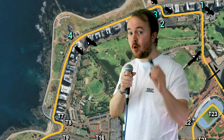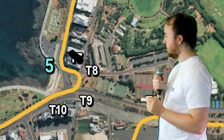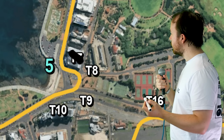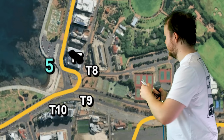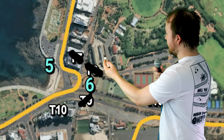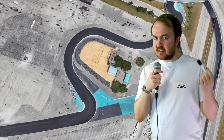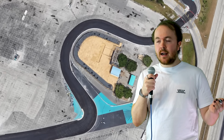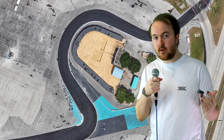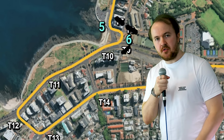Cars should be able to follow and slipstream along the seafront here, meaning turn 5, a heavy left-hander, is our first real overtaking opportunity of the lap. This is followed by a long right of turn 6, and so this combo is basically the exact same as this section of Miami after the bendy back straight, which I actually think is a very good piece of track design. It allows cars to get side by side and continue fighting if you don't make a clean pass on the straight. I like this. Another short run through the kinks of...